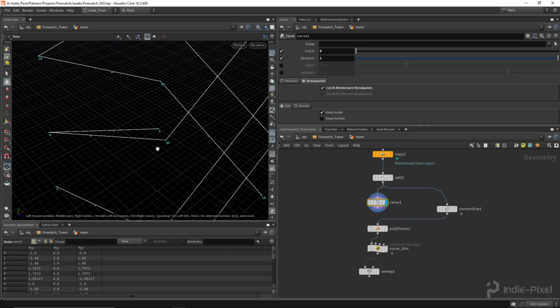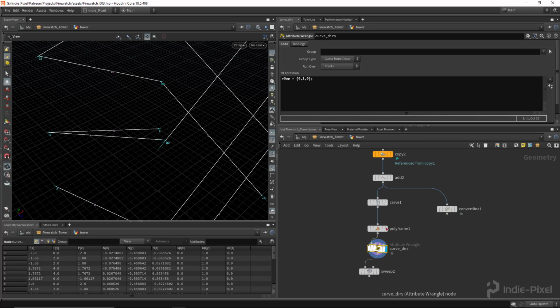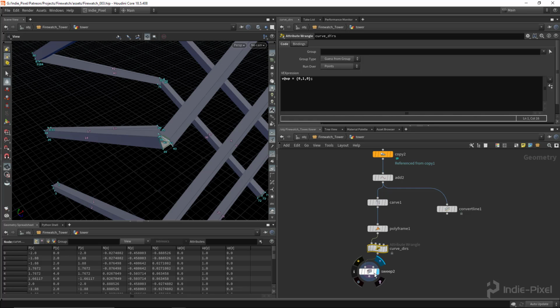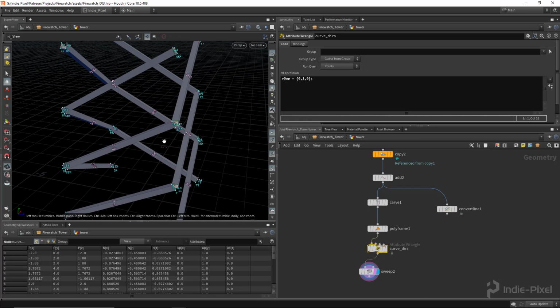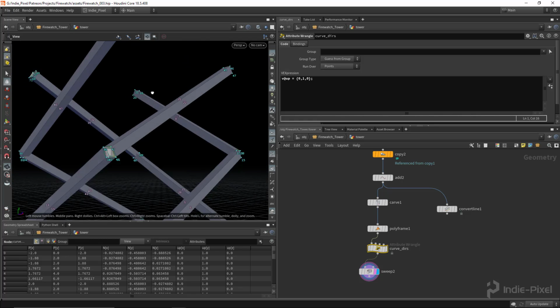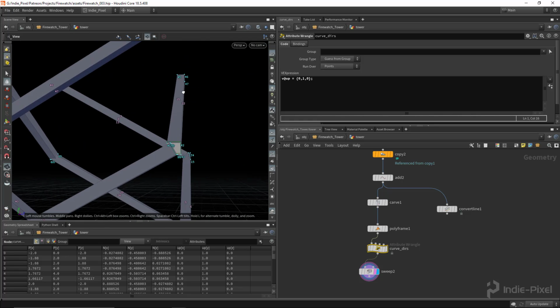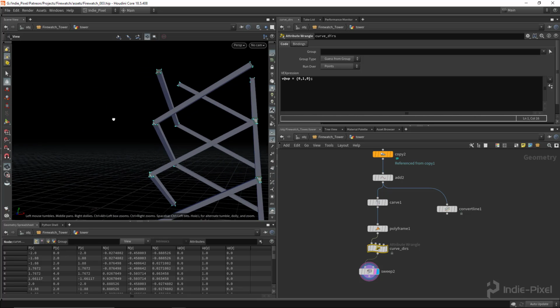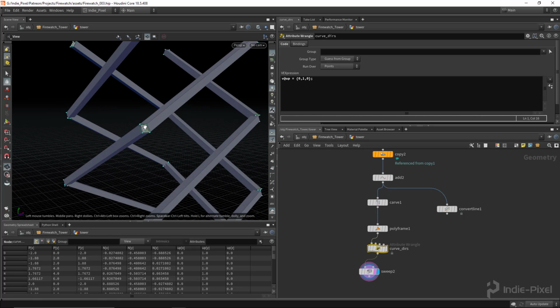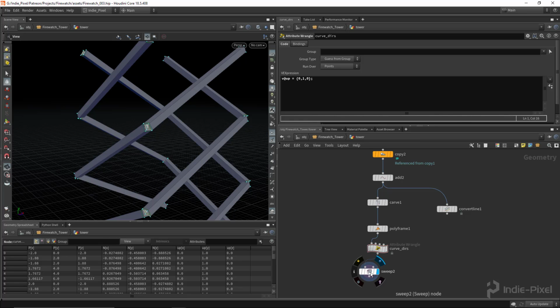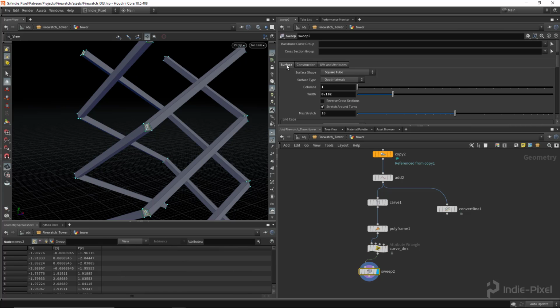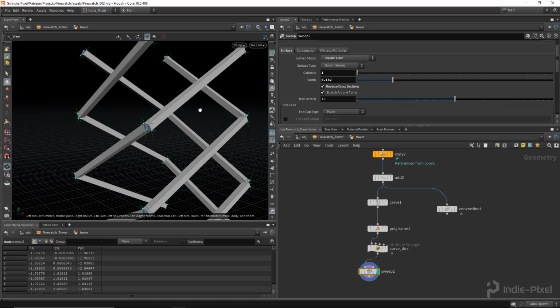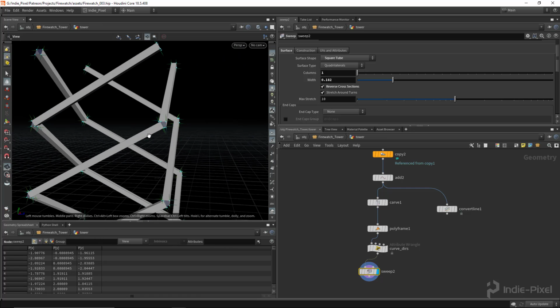And so now you'll notice that the point number is actually, we have 2 points for each one of these corners here. And so if I were to plug this in, do the up vector, and then do the sweep here, you'll notice that we now get these guys pointing straight up, or oriented as they should be. All right, so we need to actually break them into individual curves like so. The other thing I want to do too, we also need to basically reverse. So if we go to our surface here, reverse the cross section so that we get proper normals,